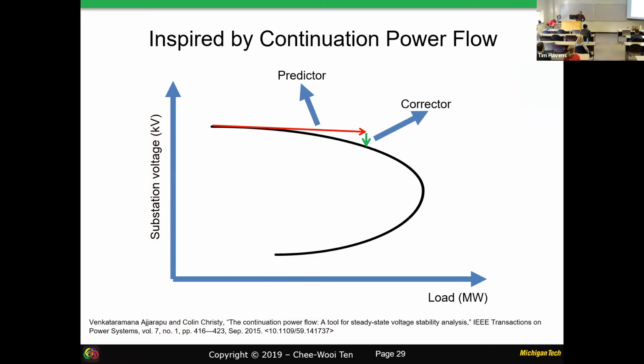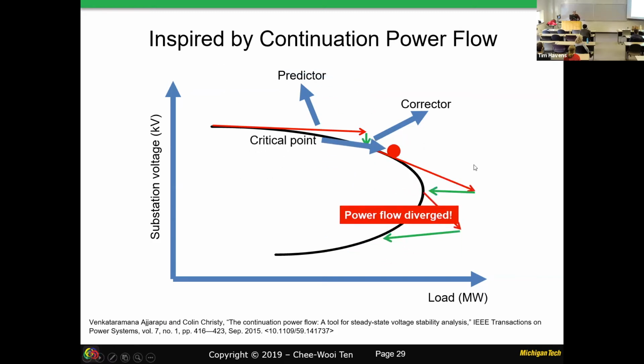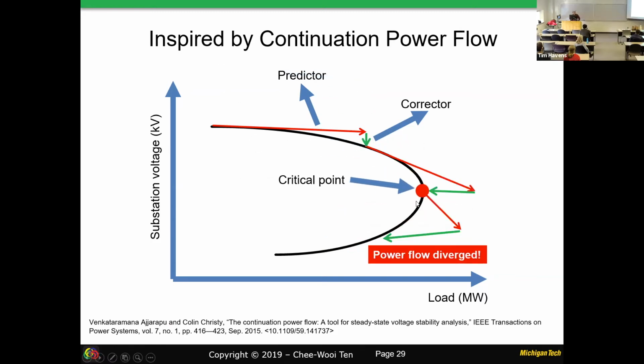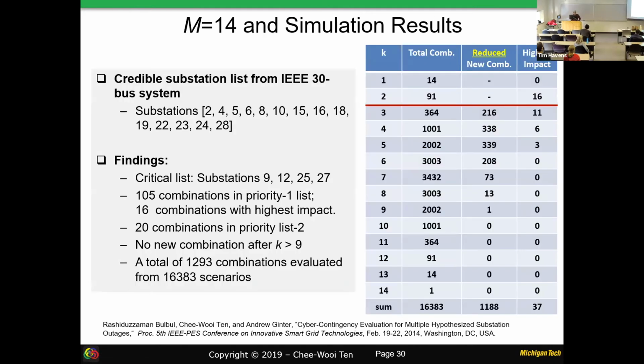What we do eventually is take full advantage of the power flow analysis. Power flow is a popular tool that we use in power systems to evaluate state, and we sometimes use convergence or divergence to determine if that combination of cases could be problematic. So simply put, divergence is where we figure out whether a combination is a bad combination or not. So we went systematically from S-1 to S-K